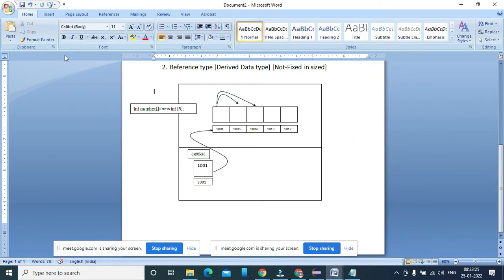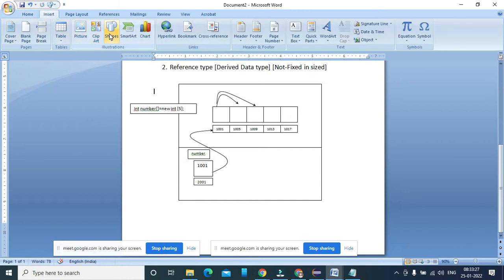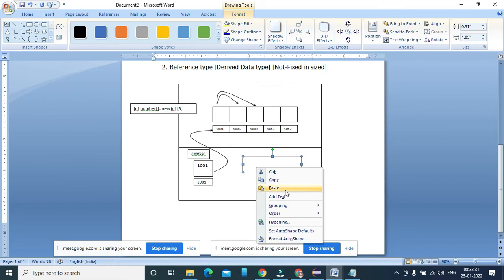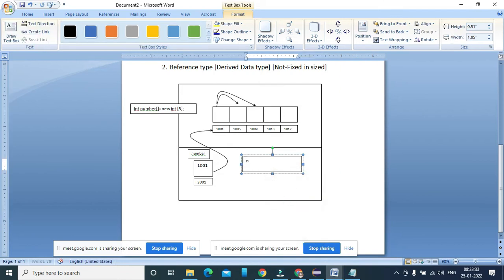So there are two ways. Either you put the value in this form, or if you write number plus 0, it means you are accessing the first element here.